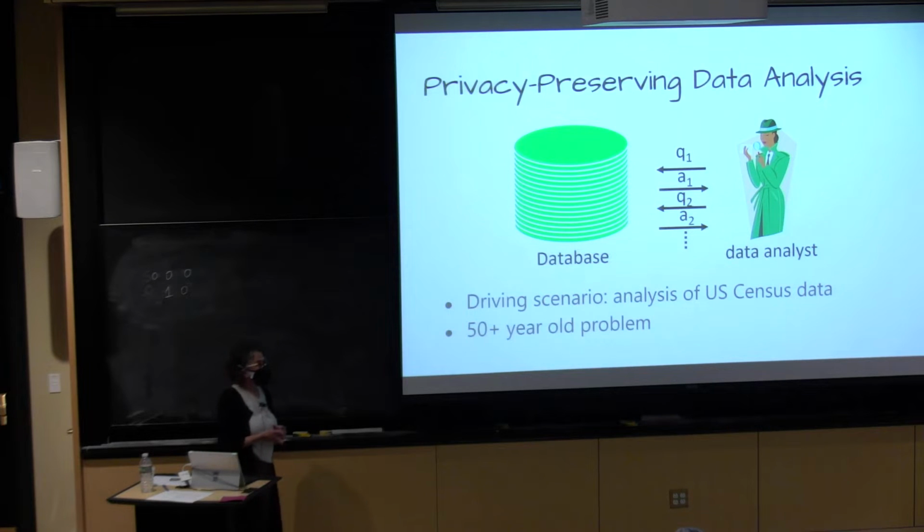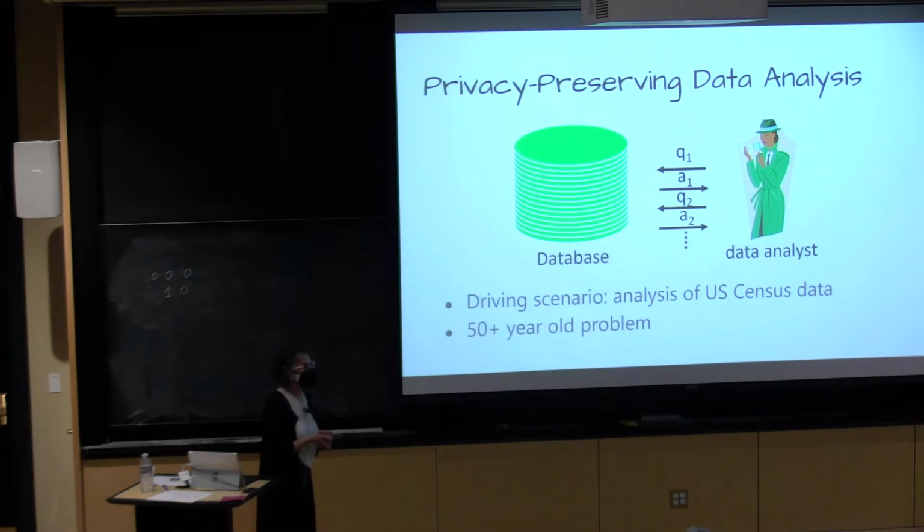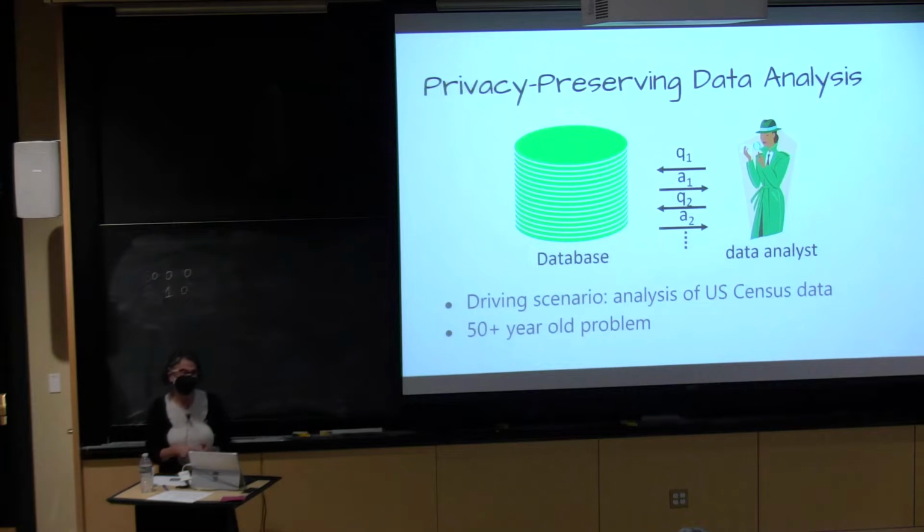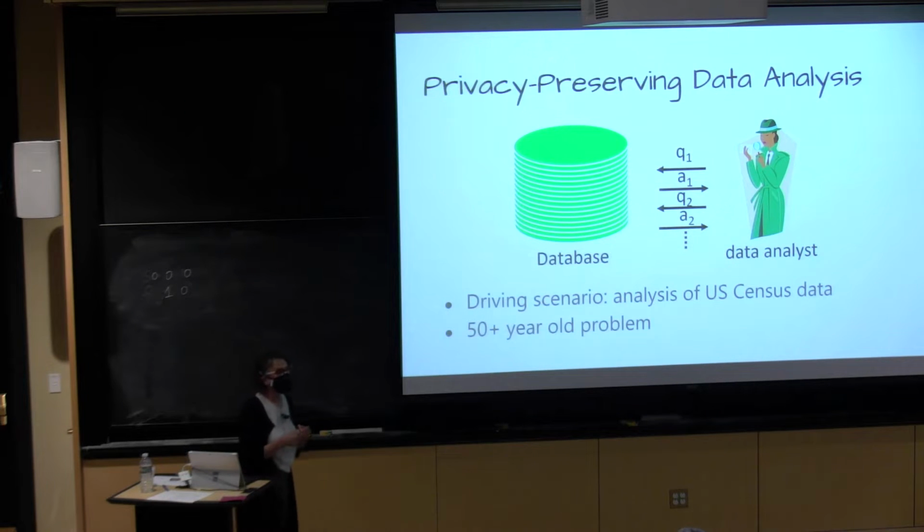Now, our driving scenario when we were first thinking about this was the US Census Bureau. First of all, census data is the data of the people, used in part for allocating the people's resources for the benefit of the people. So we really liked the mission, but also there's a law that says you have to maintain privacy for the respondents. So it wouldn't just be a situation of push, it would also be a situation of pull if we were successful.